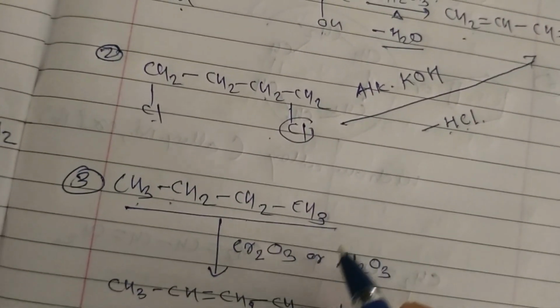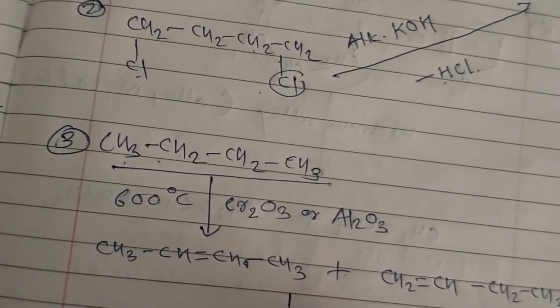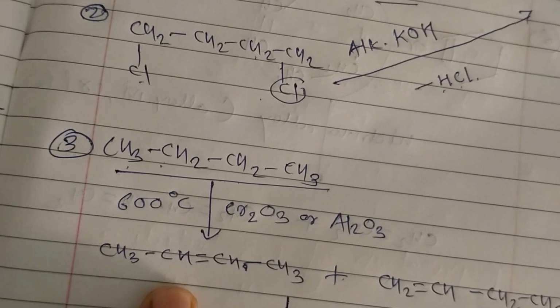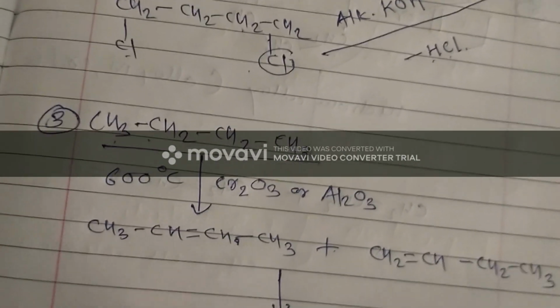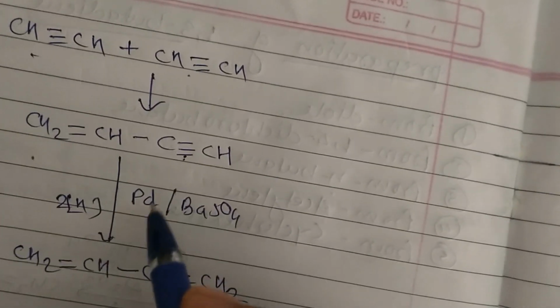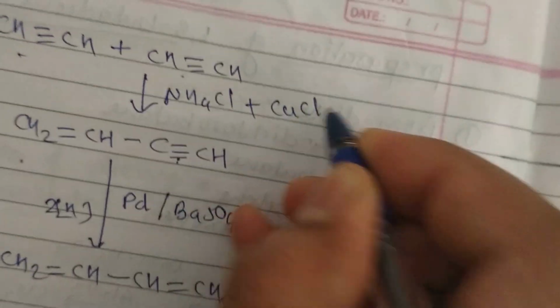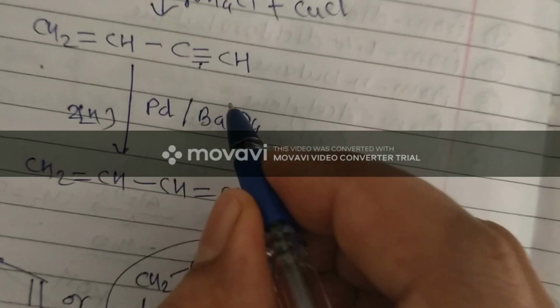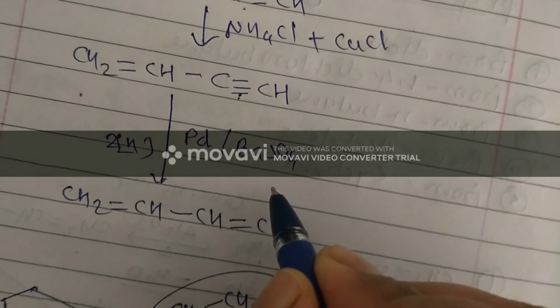the stable hydrocarbon form. Hence this reaction can occur above 600 degrees Celsius. Oxidation takes place, it gives two products, 1-butene and 2-butene. It undergoes further oxidation and it gives 1,3-butadiene. Next preparation is from acetylene, which undergoes dimerization when it is reacted with NH4Cl, ammonium chloride, plus CuCl. It gives a dimerized product, and this dimerized product undergoes reduction by the use of palladium and barium sulfate,